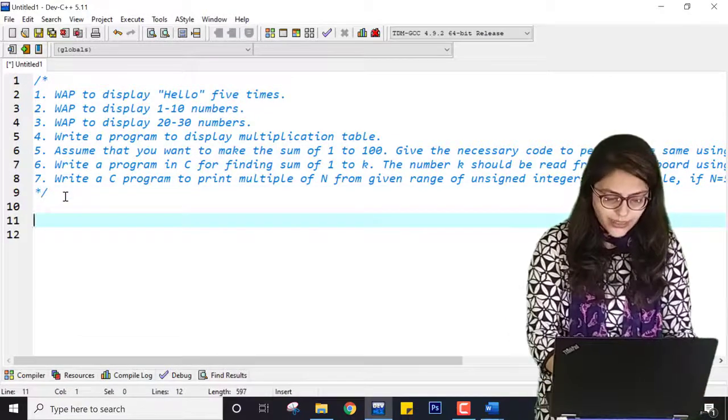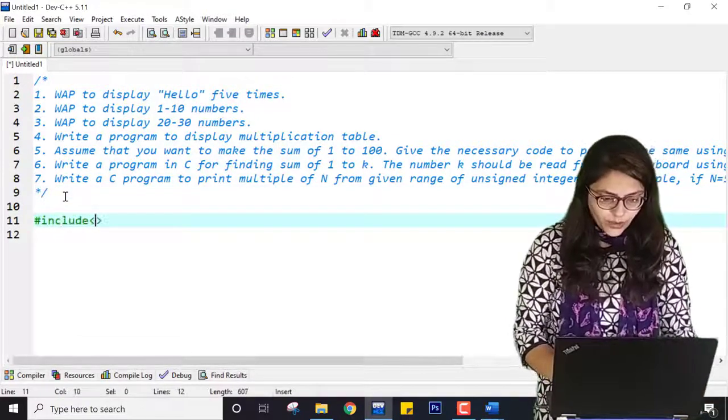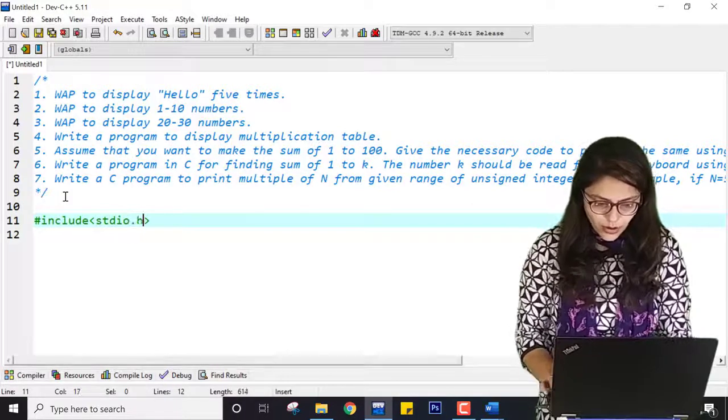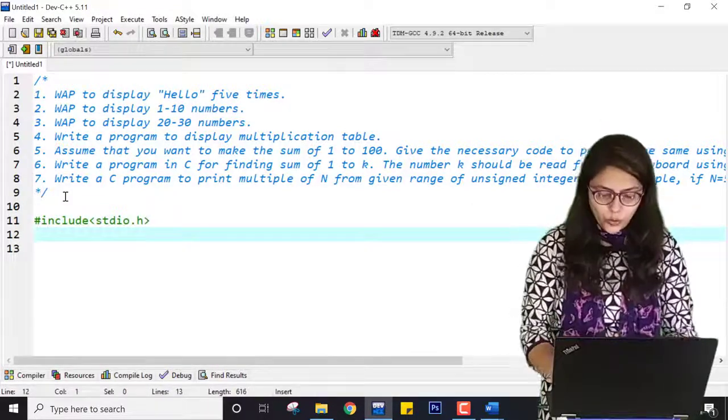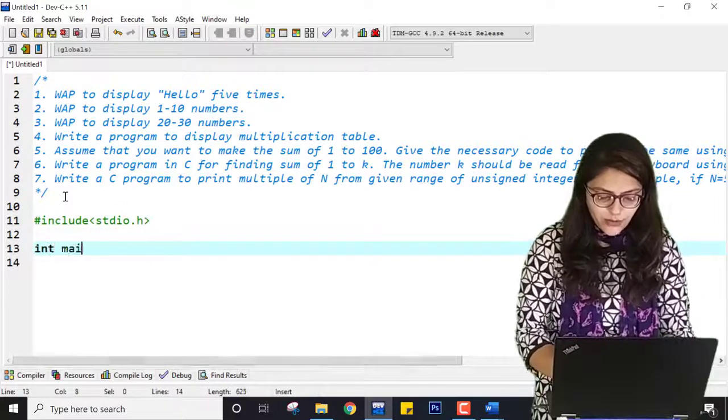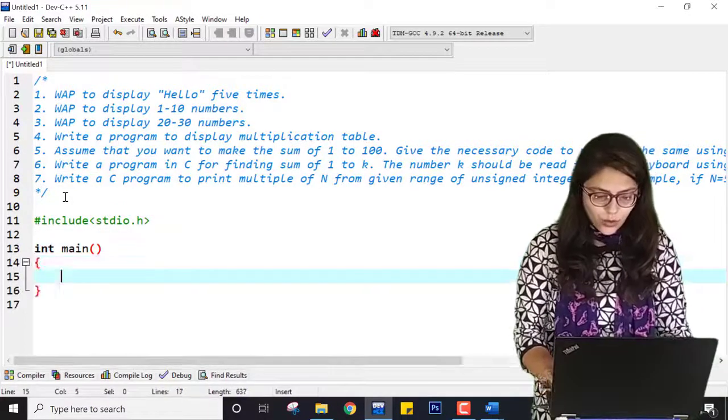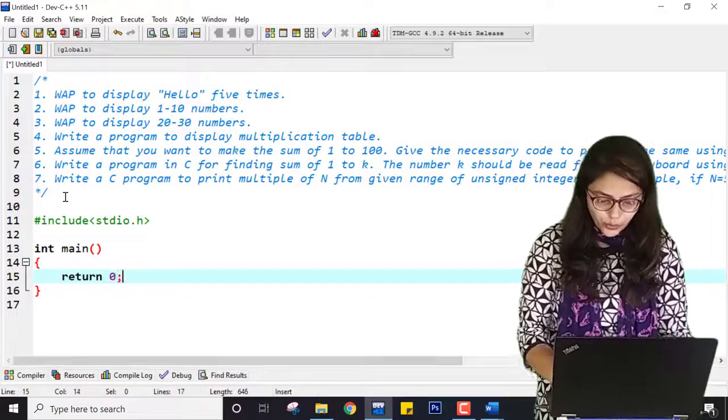So I have already demonstrated stdio.h. Why do you need loops? You need loops because we want to eliminate the extra code and effort of typing, right?